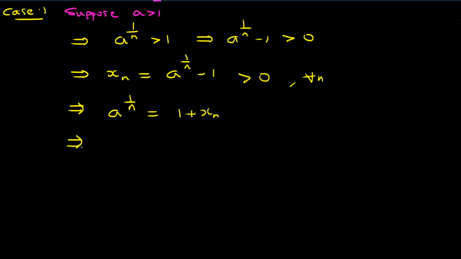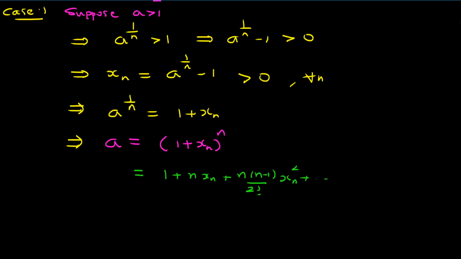And it's a similar type of thing as we have discussed in the previous example. I can take nth power on both the sides. So what I will get is A raised to 1 upon n raised to n, that is A, is equal to 1 plus xn raised to n, taking nth power. Next, this I want to simplify using binomial theorem again. So I can write 1 plus n into xn plus n into n minus 1 by 2 factorial into xn square plus and so on into xn raised to n.